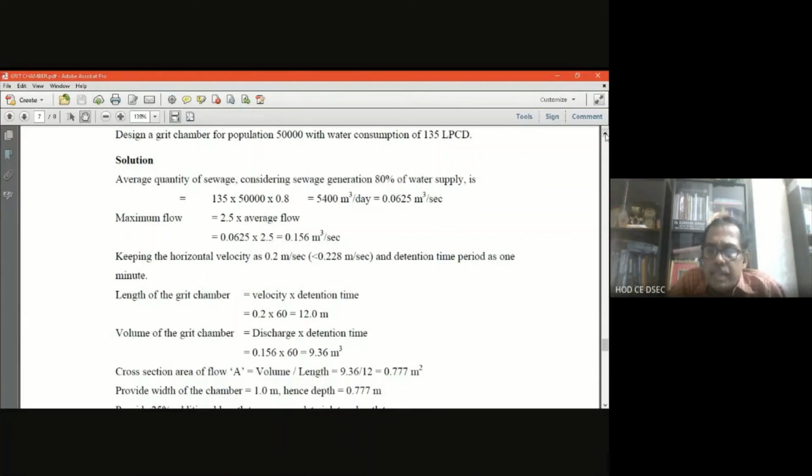I will close this for the day. Again, we will be meeting in my 19th lecture in part 3 of the wastewater treatment, where I will describe the third unit of the operation, that is the equalization tank. Although that is not mandatory, that is optional. But after that, the equalization tank for flow equalization will be described in my next lecture.